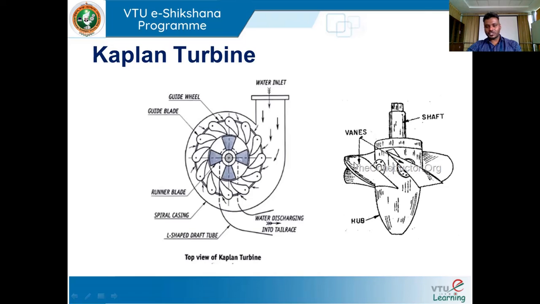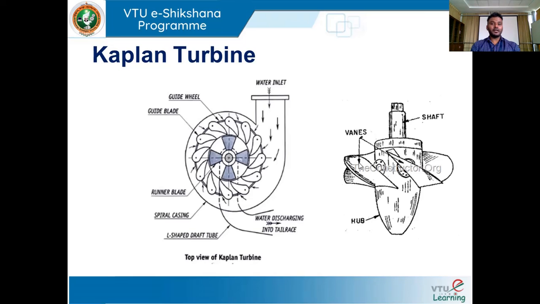Since the runner blade has an aerofoil shape, there will be generation of a lift force due to a reaction pressure. This reaction pressure is developed because of the flow of water. So here we need to notice that water flowing through a guide blade and then runner blade experiences a decrease in its pressure and an increase in its kinetic energy. So even in the case of Kaplan turbine, the pressure energy gradually reduces once the water flows over the guide blade as well as the runner blade.